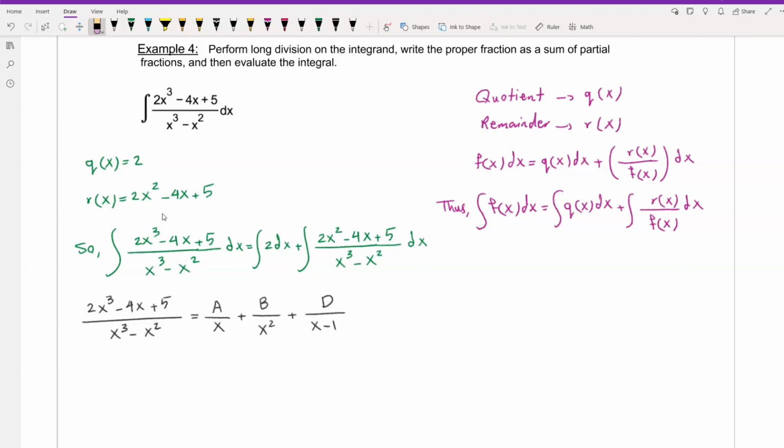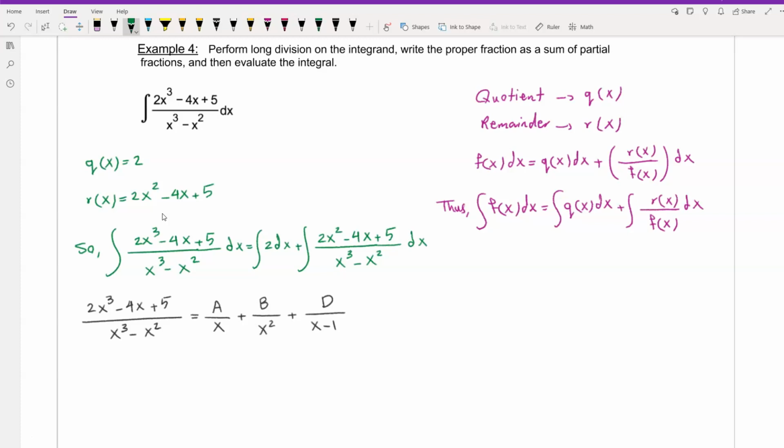This means we want integral of f(x) dx equal to integral of q(x) dx plus integral of r(x) over f(x) times dx. So based on that, after dividing, q(x) is equal to 2,